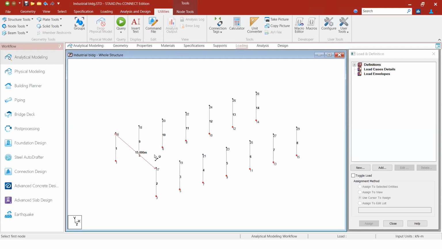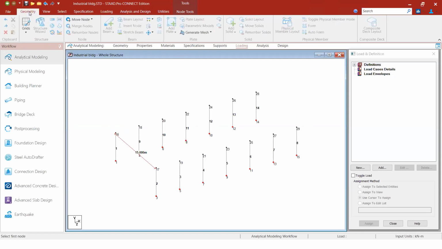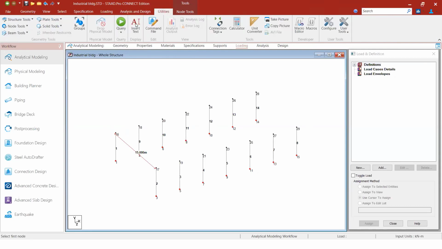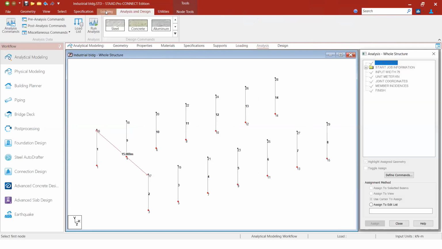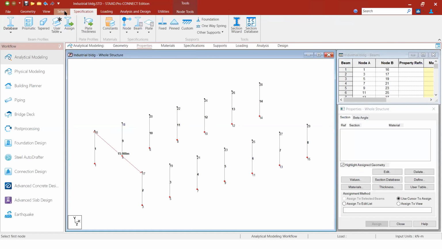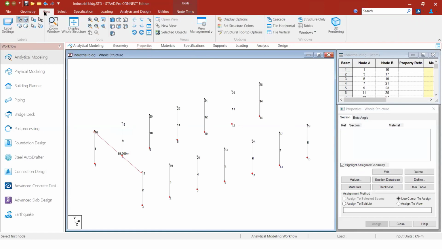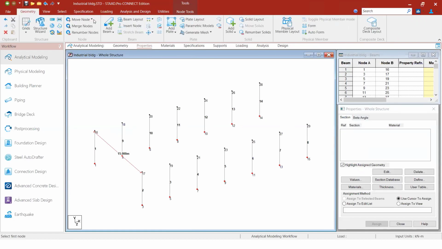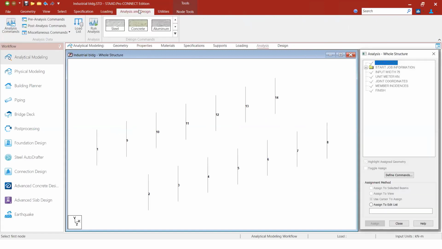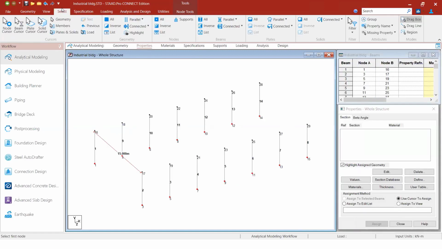How I am creating. You can create the geometry in various ways, like grids, or you can use the STAAD editor. I will just show that also so that you get an idea on how to create in a STAAD editor. 1 minute, because this GUI is a little bit confusing.